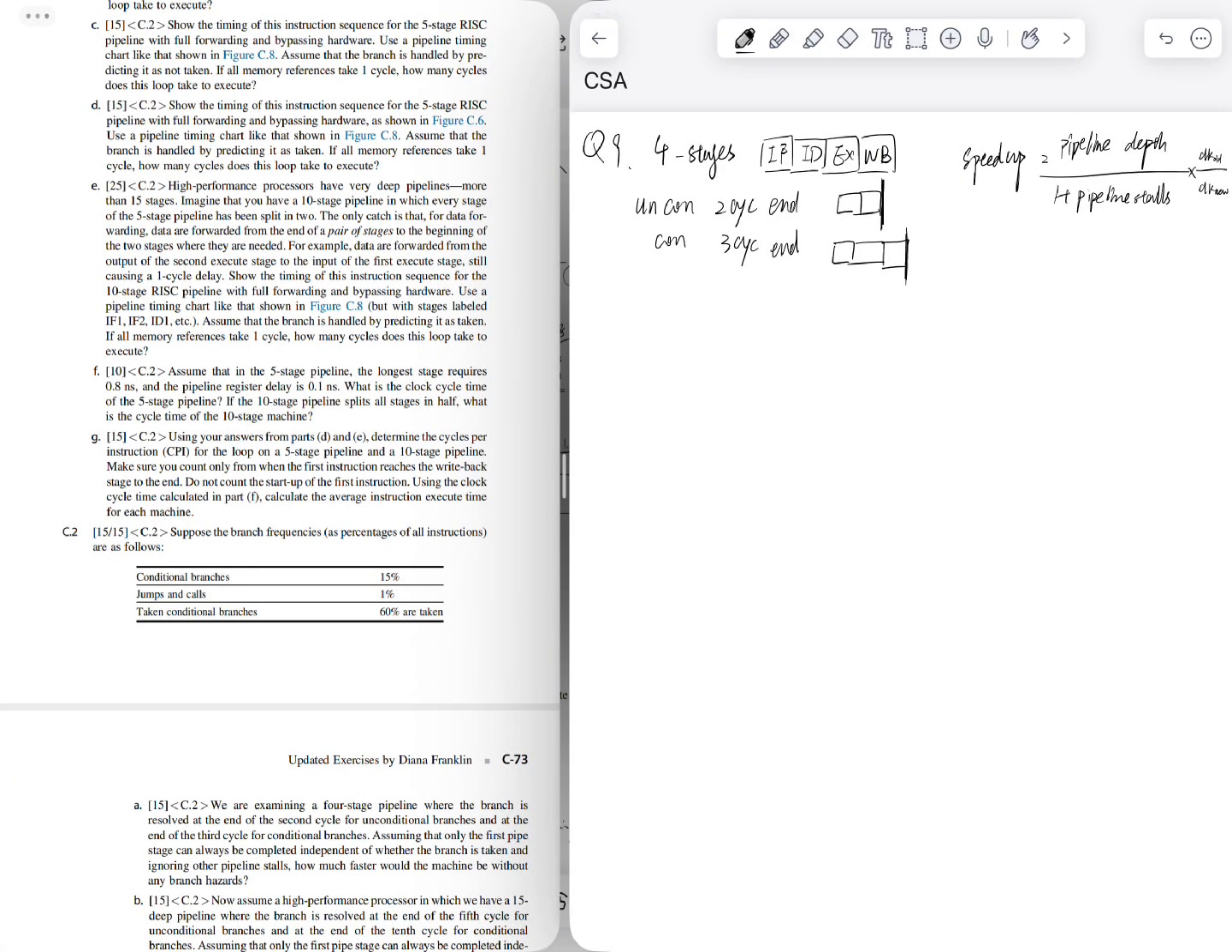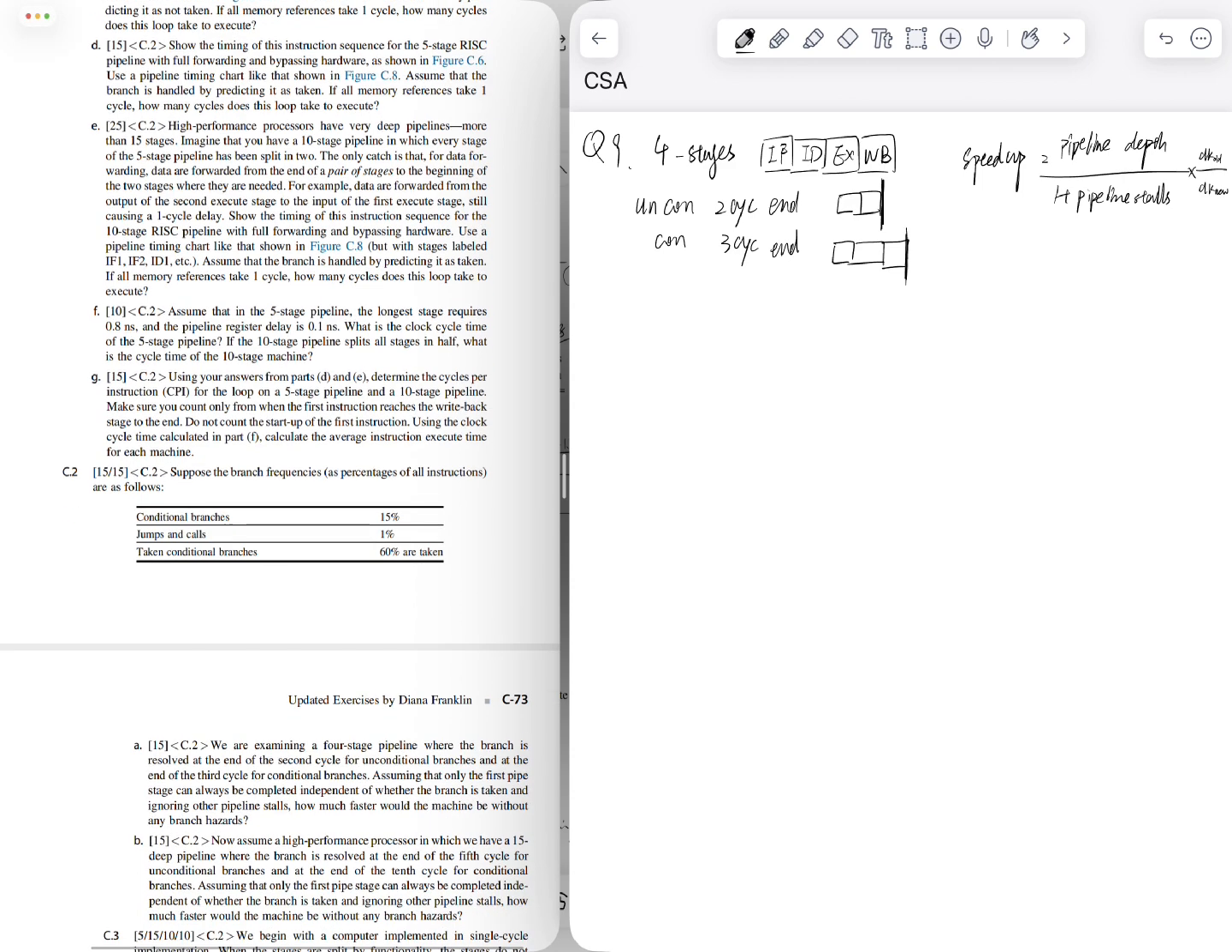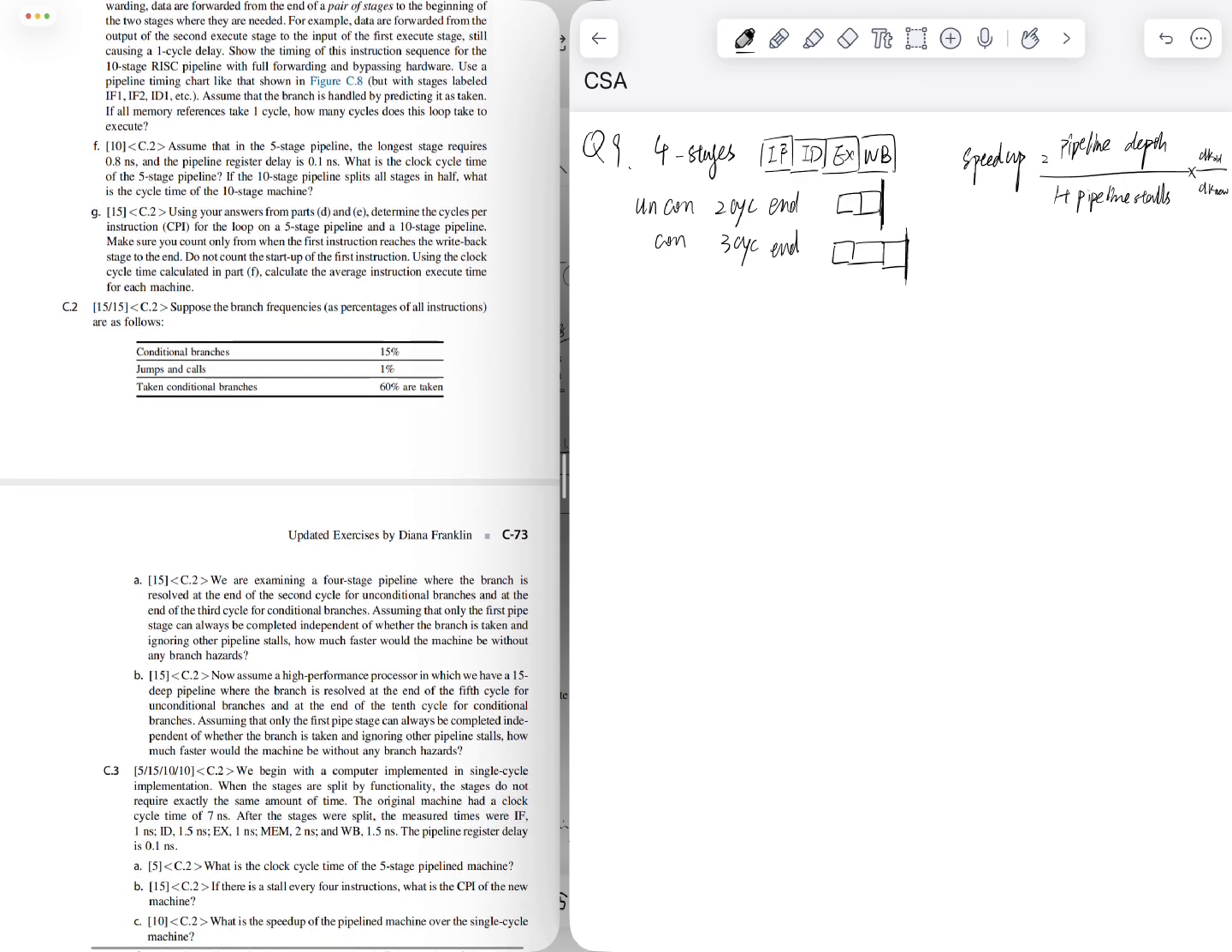Let's talk about our homework 2 question 9. You can see it's from our textbook, appendix C, actually the C2 question. We will only do part A. So after reading the question,